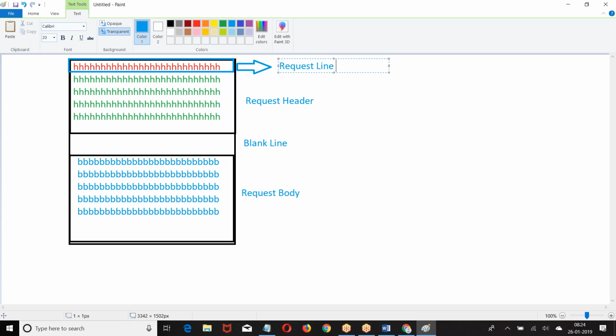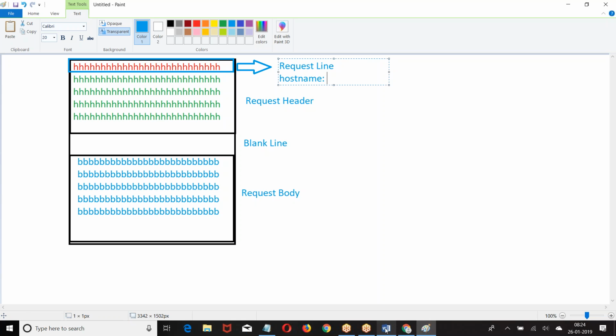Is it a get or a post or a put? So the first line is called request line. The second line is generally the host name. In the first line only the path will be there. The second line is going to have the host name.